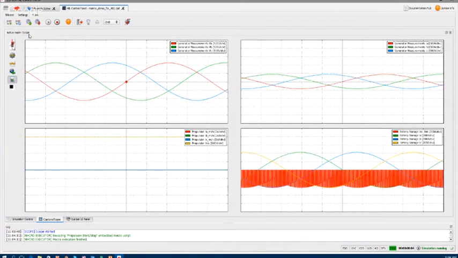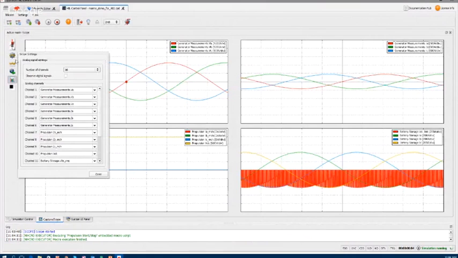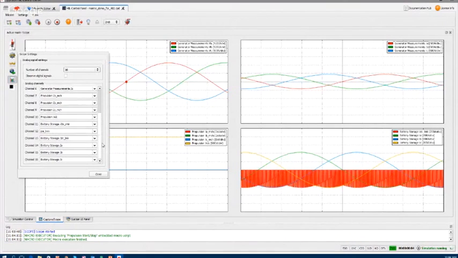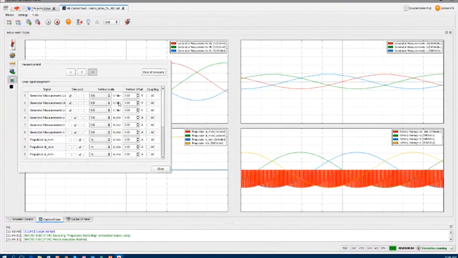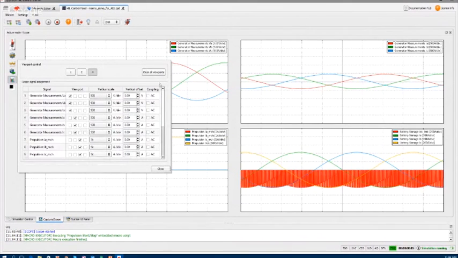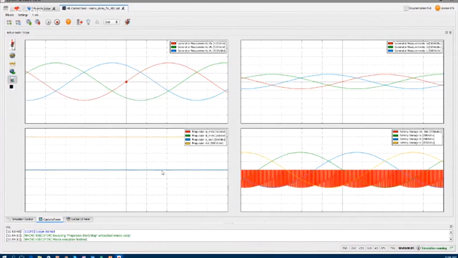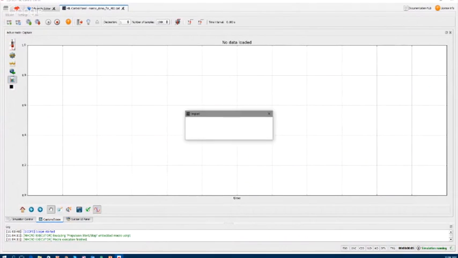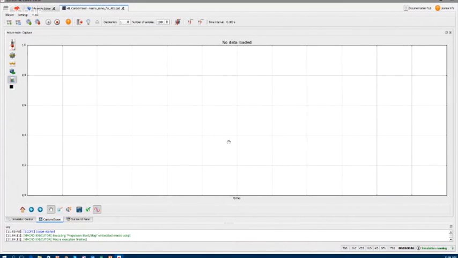Again, the scope is there. You can choose which signal you want to observe on which channel of the scope, and all these advanced functions that you would have on any other scope, like observing digital signals or capturing. Let's say we want to capture all this data that we are dealing with. We can force the trigger.